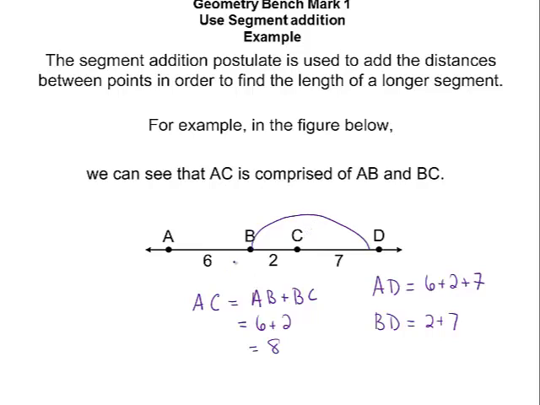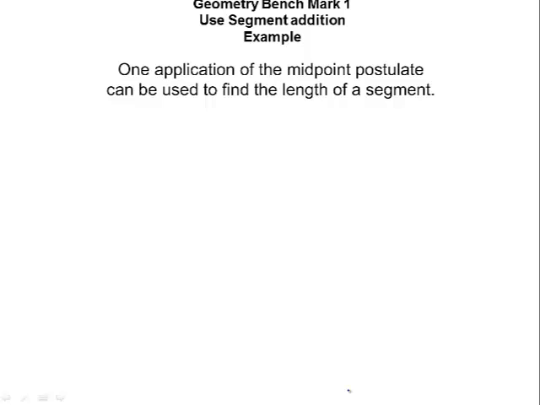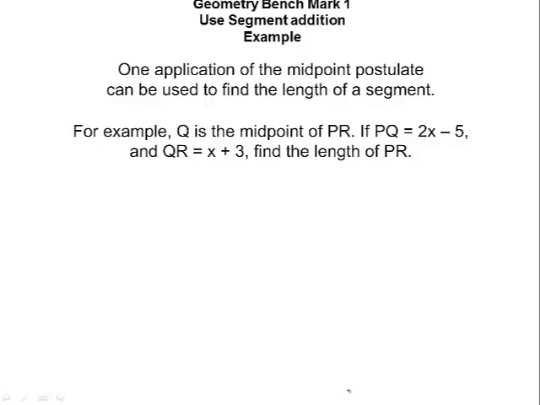That would just be 7. So if I asked you CD, you'd just say 7. BD goes from B to D, so you'd have 2 plus 7, so it would be 9. Not too bad? So AD is going to be 15, and BD would be 9. Okay. We can use this with